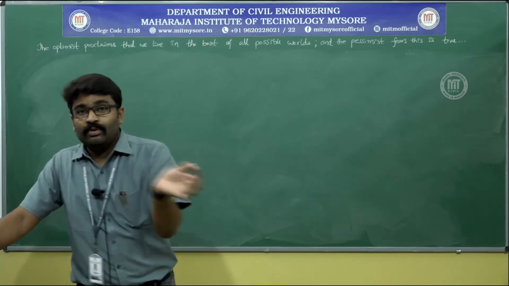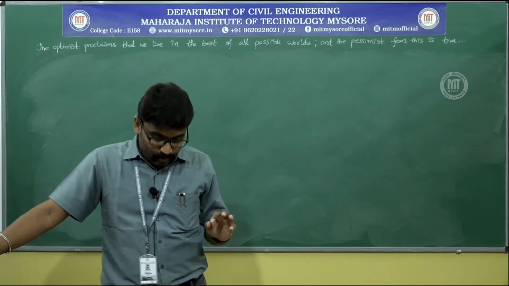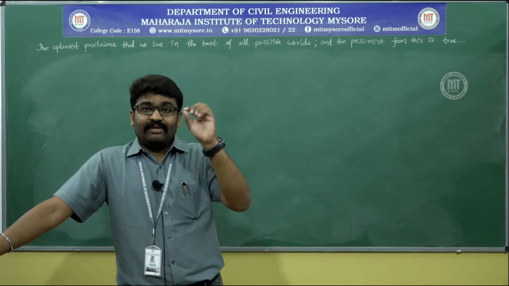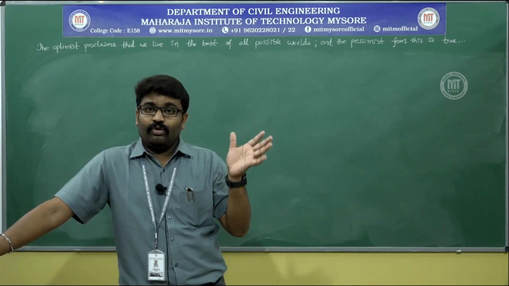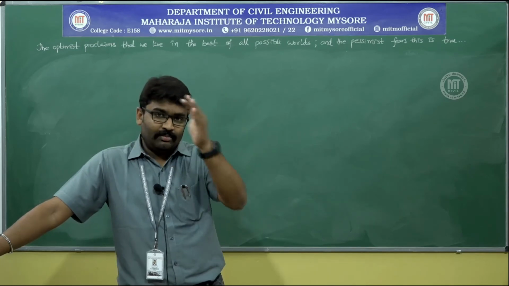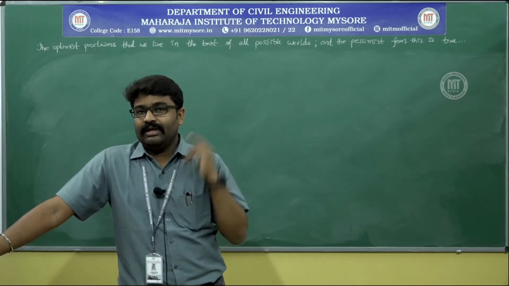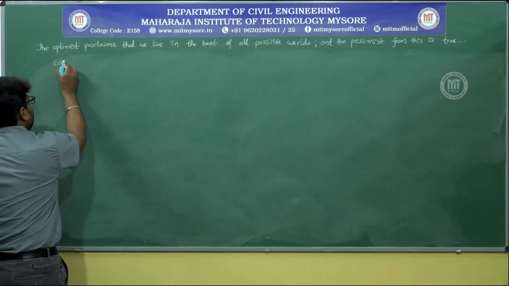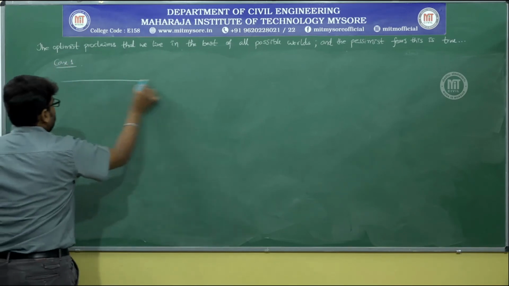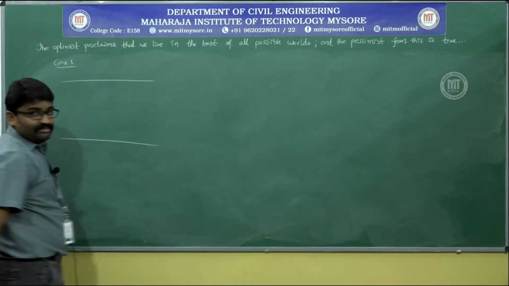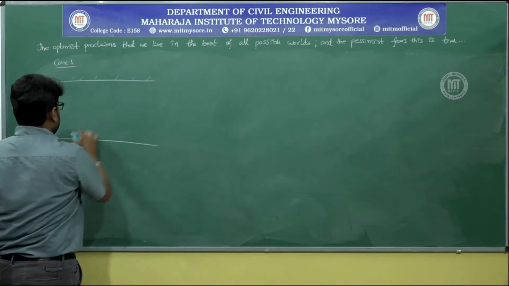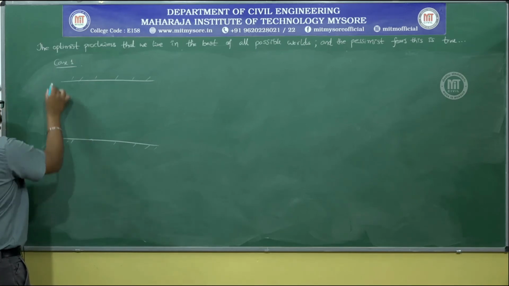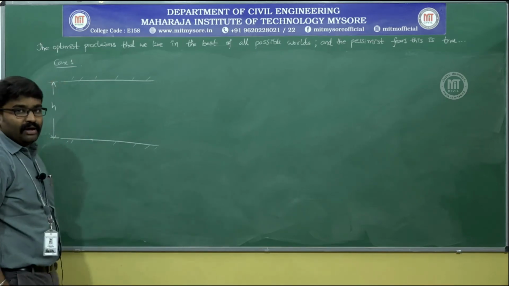In the second case, the pull required to drag the plate is minimum. The pull required to drag the plate will be minimum only when the differentiation of the total force is equal to 0. Let me come to the second question later. I will first take up the first case. If I draw the figure for case 1, two large plane surfaces are kept at, say, h. I will assume this to be h meters apart.